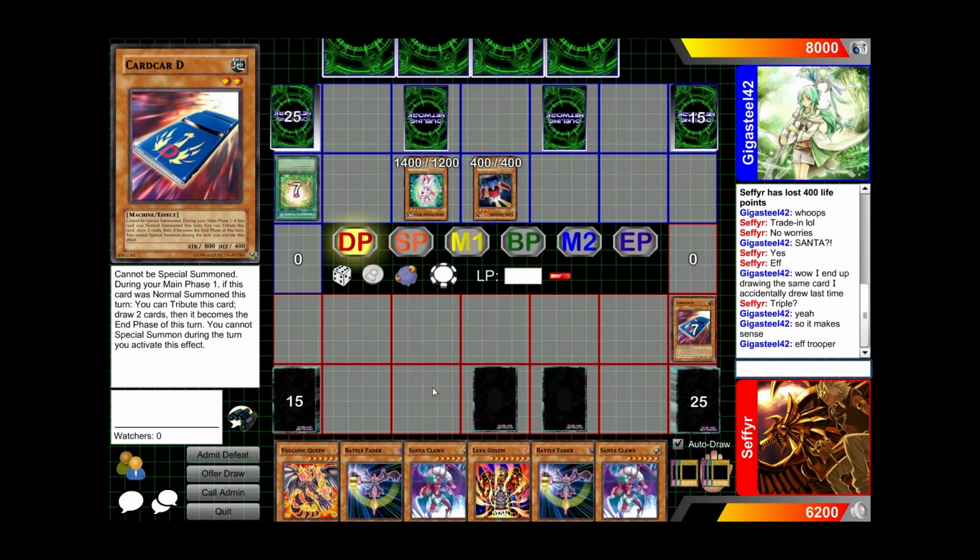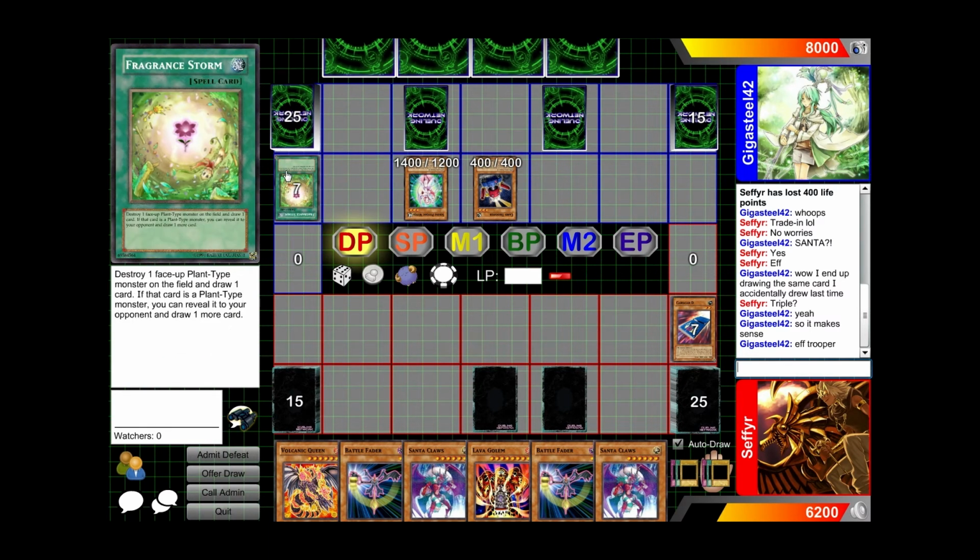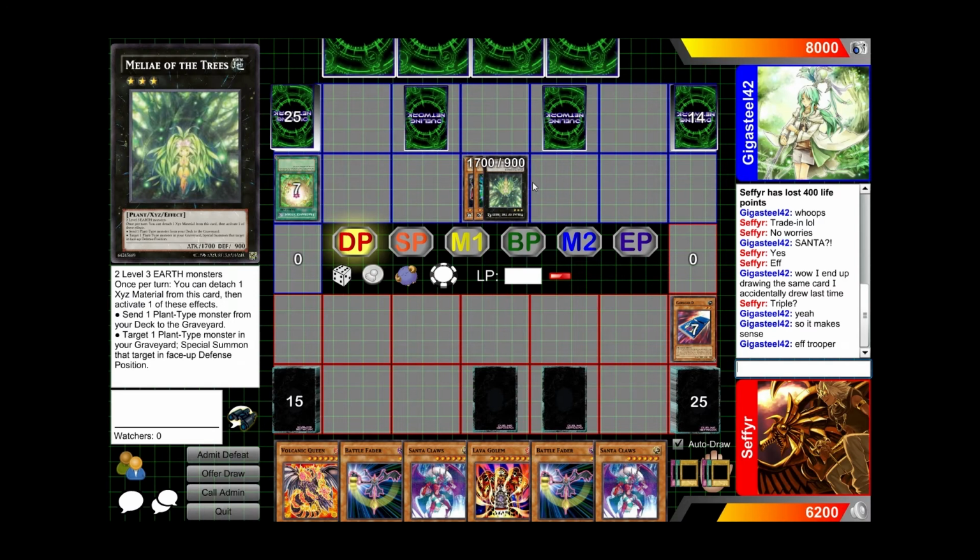Is he running Titanial? What is going on here? Fragrant Storm. Is he Plant Psychics? Interesting. Alright. So he didn't really mill anything too interesting there. He's overlaying. What could you be going for, sir? I think he might just be going for a Zen mains. I'm a little bit disappointed at that, because that means... oh, what are you? I don't actually think I know you. I haven't played in a long time, so...